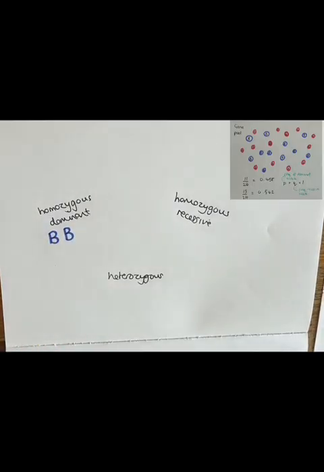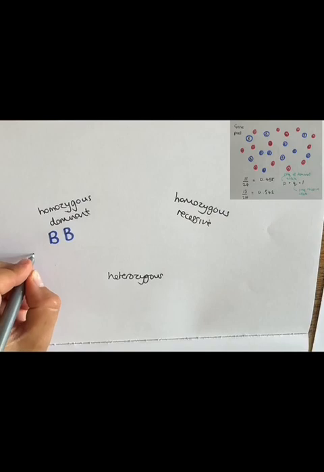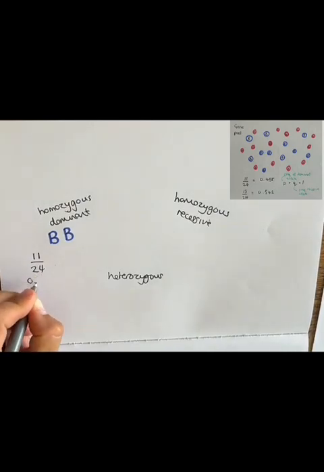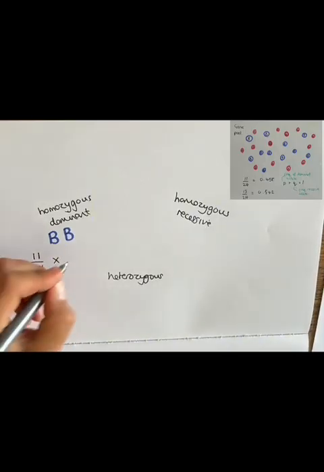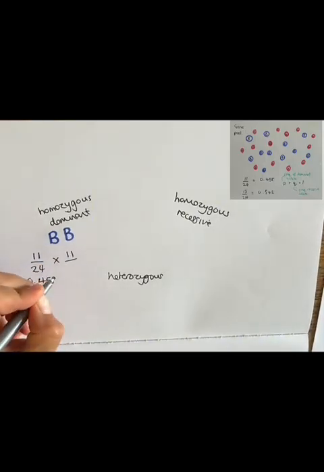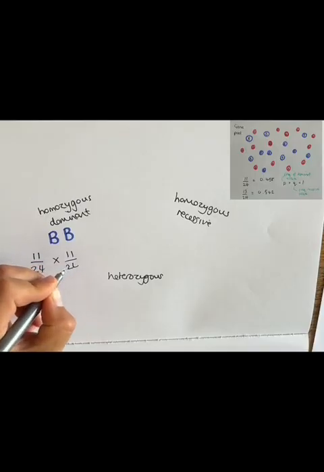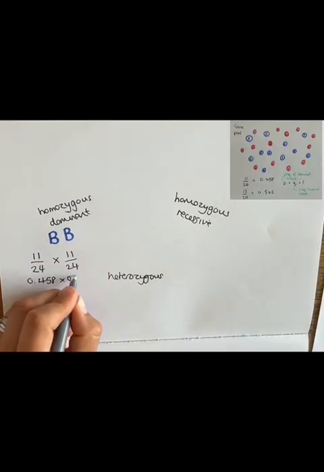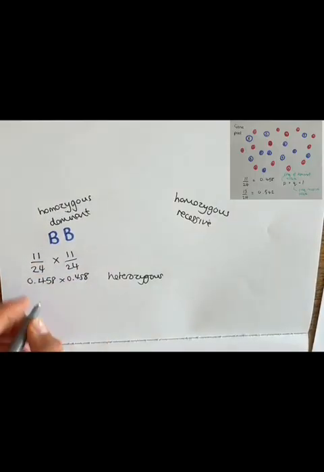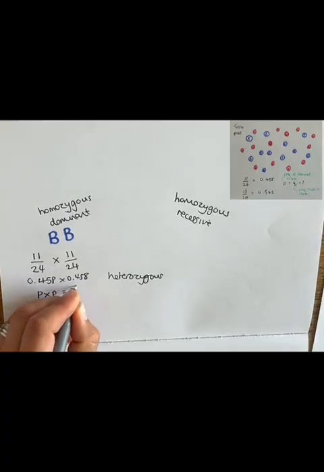Now, we know that the probability of selecting one dominant allele from that gene pool is 11 out of 24, or 0.458. And to get a second one in a row, you then multiply by the same. In other words, we're multiplying p by p, which equals p squared,